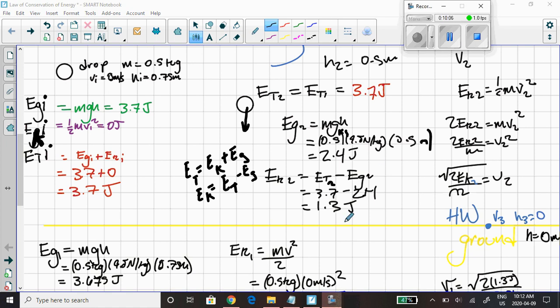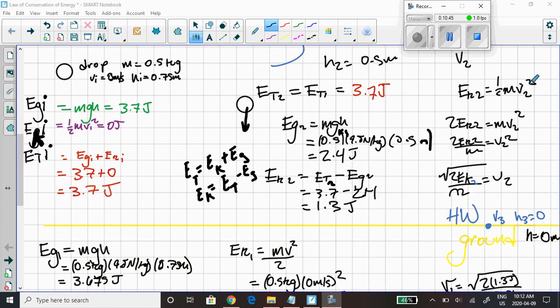So we know the kinetic energy of the object here, 1.3 joules. So let's write out an equation for the kinetic energy of this object when it is at height 2. All right, it's fallen a little bit. It used to be at a height of 0.75 meters. Now it is at this new height, height 2, of 0.5 meters above the ground. So it's falling. So here we go. Kinetic energy in the second situation, EK2, is equal to half the mass of the object times velocity 2, or speed 2, the speed in the second situation,